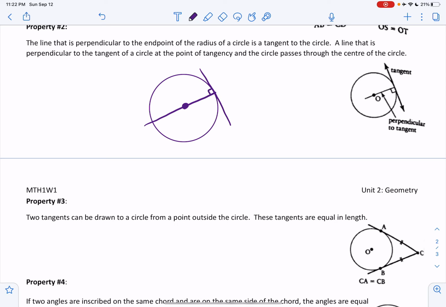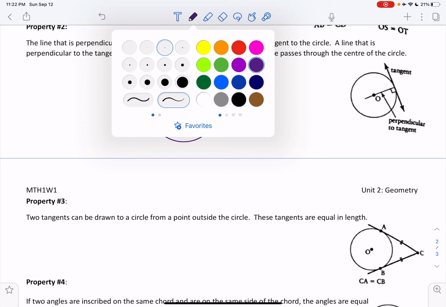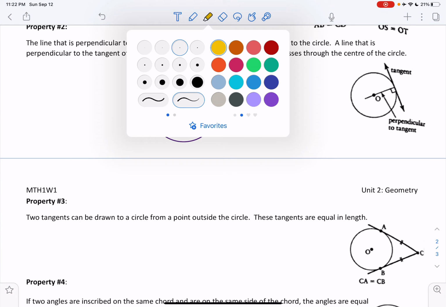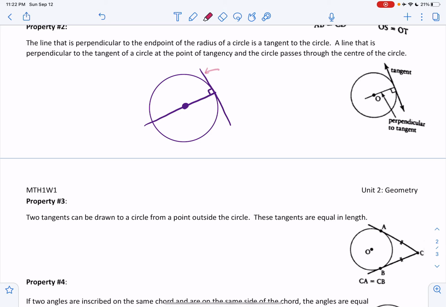Now, when I say the word perpendicular, I mean that they hit at 90 degrees. So if I have a line that's perpendicular to this line going through the middle, this one here has to be a tangent line,